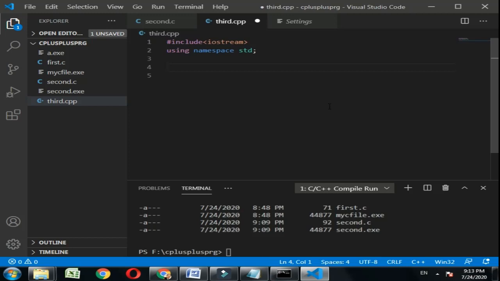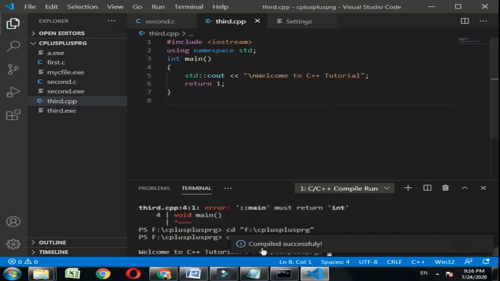So in this program I am going to simply type welcome to C++ tutorial, right? This thing I want to write here. First of all, I will create one void method main, then I will open the curly bracket. Inside it I will write std scope resolution operator cout, two angle brackets, and within a string I will write \n welcome to C++ tutorial. So that is how we type a C++ program here. Our C++ program is ready.